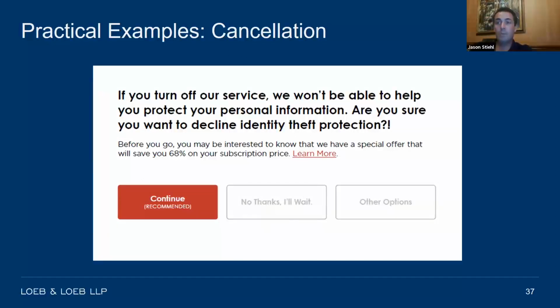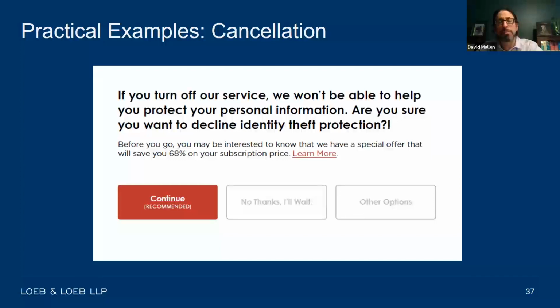And so the button, like David's point on the last one, the button that you'd like to push most likely is no thanks, I'll wait. Although again, given what the FTC is looking at, even that might be seen as too many steps away, requiring a consumer, in the California regulations we talked about, too many steps. If a consumer wants to go, you have to let them go. You can't continue to make them go through hurdles before they can get out of your website. And again, I think there's also some vagueness on the other options. Who knows what those other options may be, David? Yeah, and you have the added element of a scare tactic here.